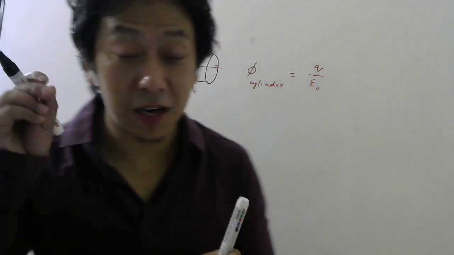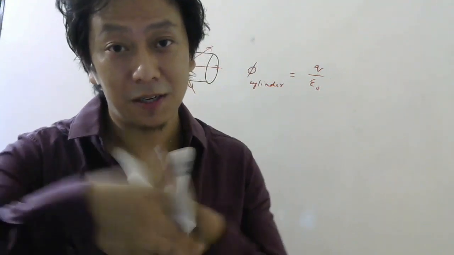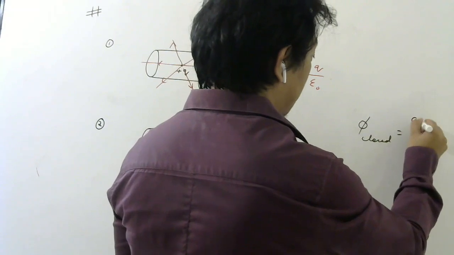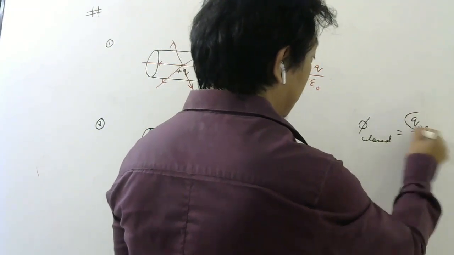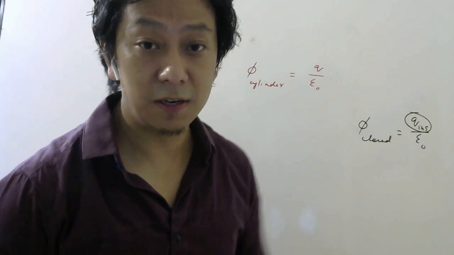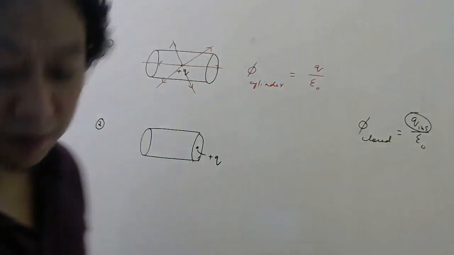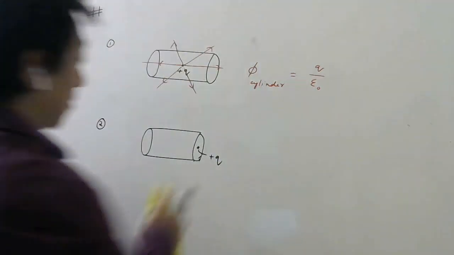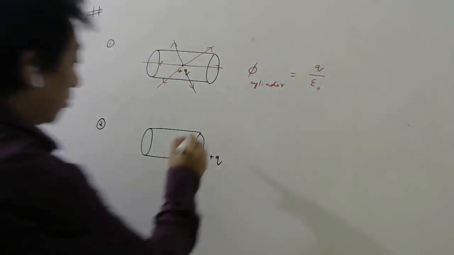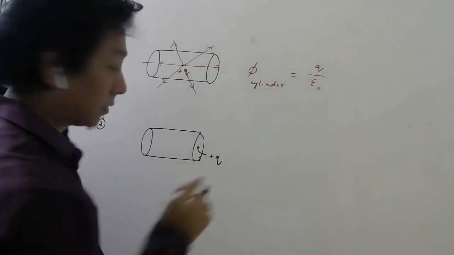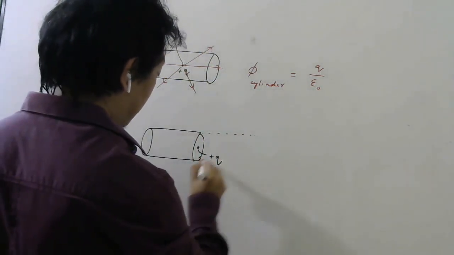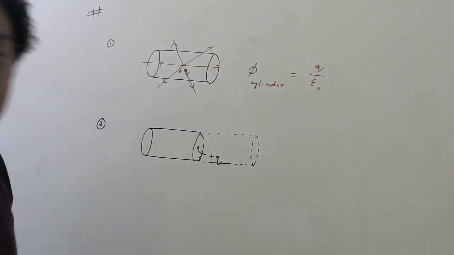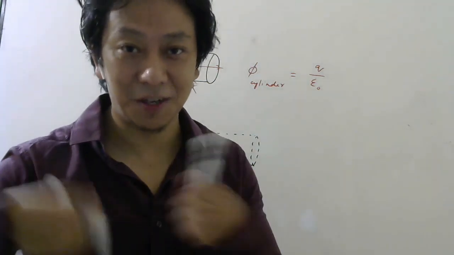In Gauss law, students, the charge that we write on the right side, how do you write Gauss law? Electric flux through a closed surface is this charge divided by epsilon naught. What does this charge mean? It means the charge inside the closed surface. So this charge is not inside the closed surface. So how will we solve this problem? Well, the trick is you imagine an identical cylinder on the other side. So this is your construction. Remember, in geometry you have to do some construction to get the answer.